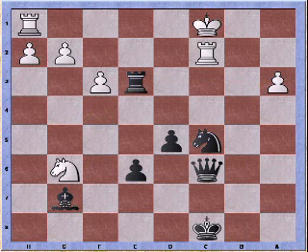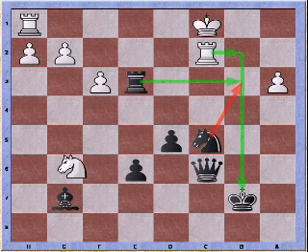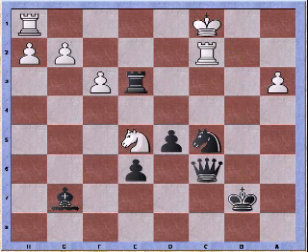Knight to g6, it's the last try, hoping to fork king and queen. So the king goes to b7, escaping from a pin as well, and white can't repin because now I can simply block with the knight. Knight e5, and